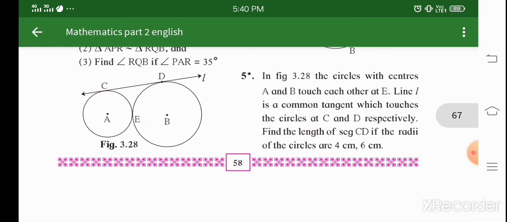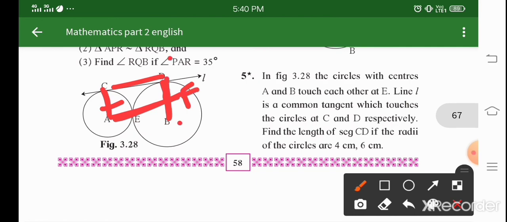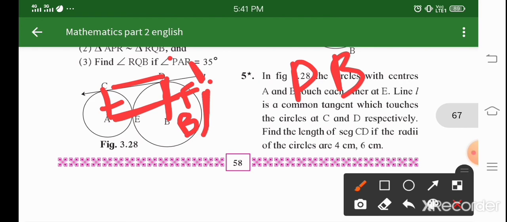So in the rectangle, the opposite sides are equal, right? So your AC is equal to this DF, and this CD will be equal to your AF. Opposite sides are congruent. Now one more thing, here we have D, F and B, and they are collinear. So you have the value of BD and the value of DF, so you can find the value of BF. That means 6 minus 4, that is 2, right?